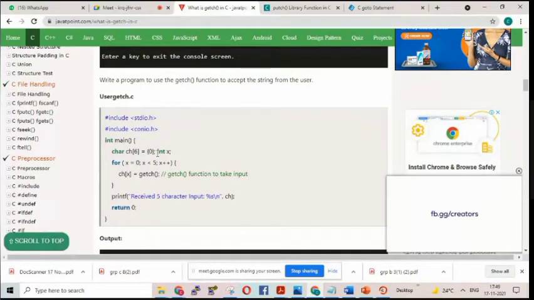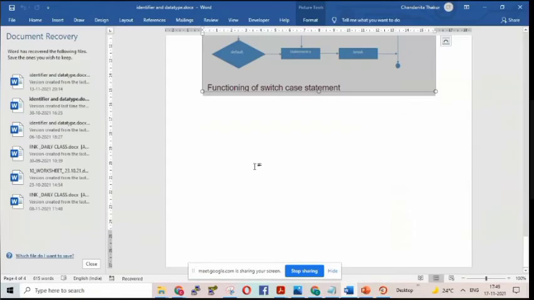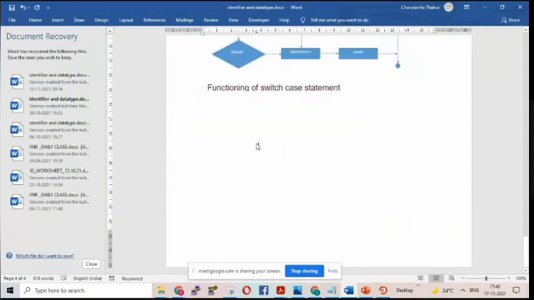It consists of 6 characters. Is it understandable? What is ch[6]? Ch[0], in the sense, suppose I want to take 1, 2, 3, 4, 5 and 6 characters. 6 also can be, let me take 8.